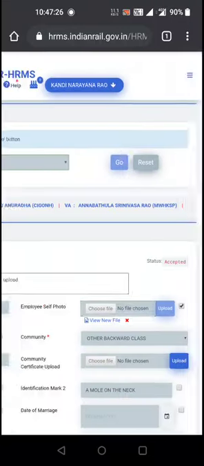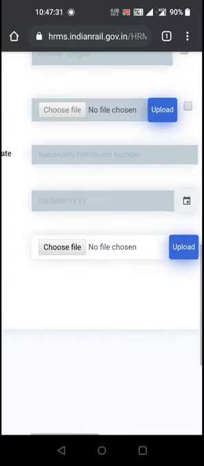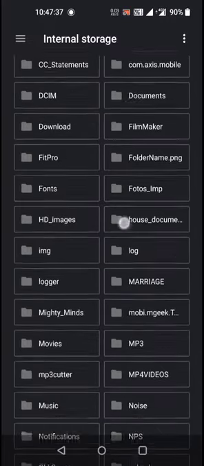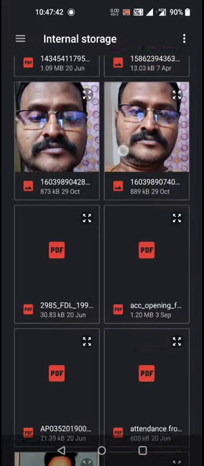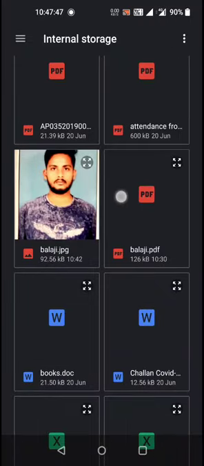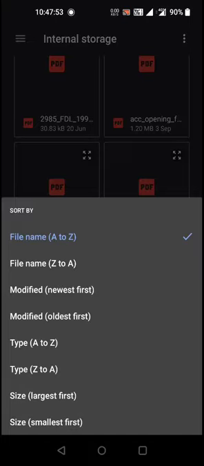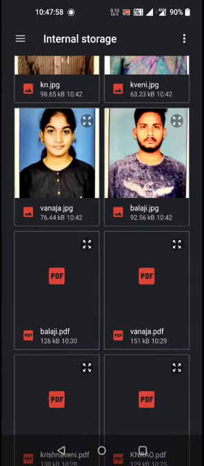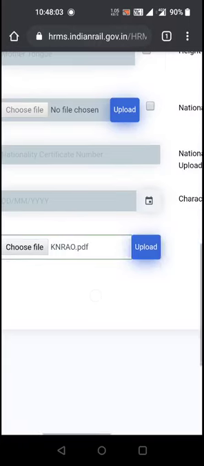Okay, close the photograph and come down, where you can find supported document. That means either Aadhaar or PAN card. Choose the file, select the file, and upload the Aadhaar card. So I am browsing the file. I am browsing the Aadhaar card of the party. It is better if I go by sort and date, so it will be easier for me. Now the party's Aadhaar card is given in PDF format. I have clicked it, selected it, and uploaded it.